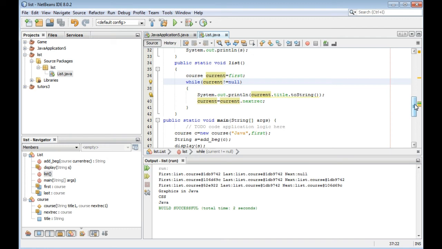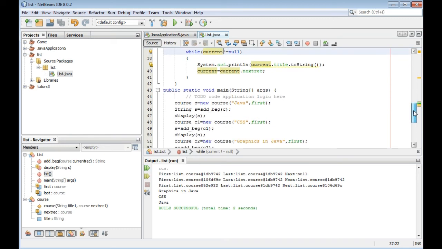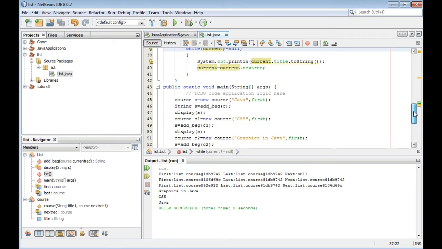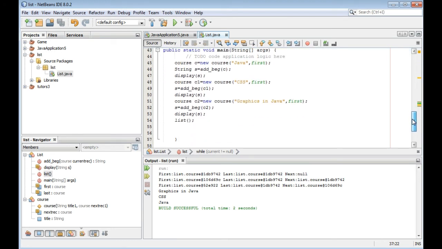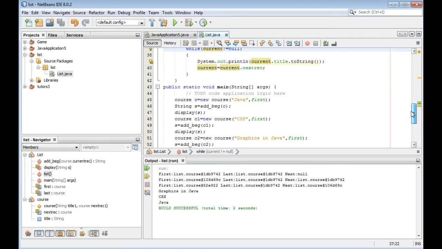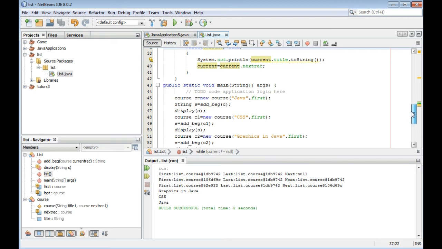Let's see now. You see 742, the last is 742. Next is 742. Now 9C and 9C. We have added three, but it is displaying two. The problem is with the loop.